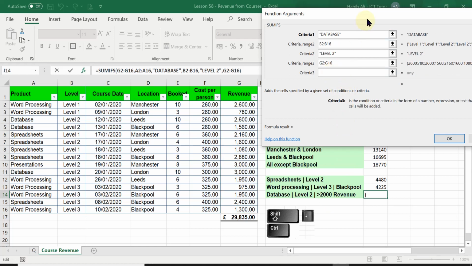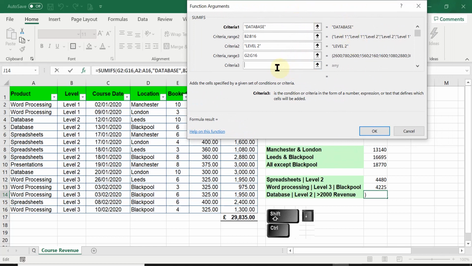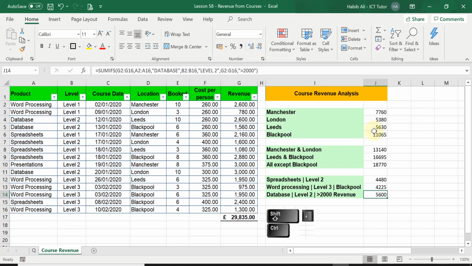It will take you to the next box. Now in the next box, we want to type in this value here, including the more than operator. So more than 2000. So what we're saying to Excel is give us all the database level 2 courses for which we made more than £2,000. We only want to add these up. We don't want anything less than 2000. Okay, so once we have done that, if I click on OK, we get the answer